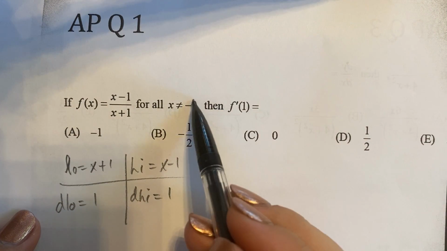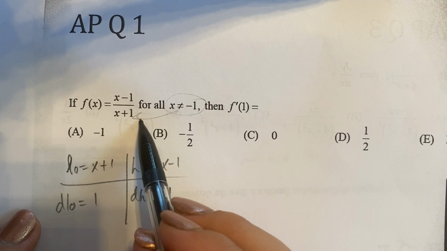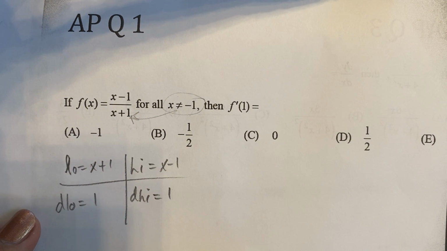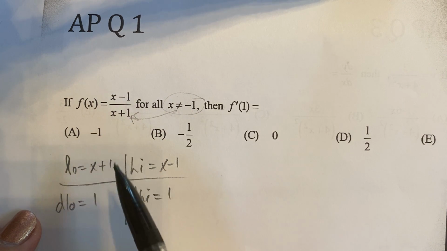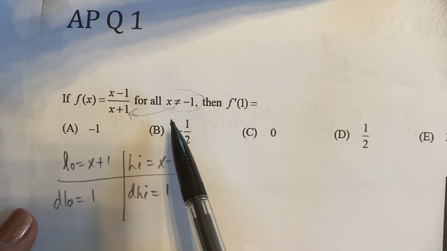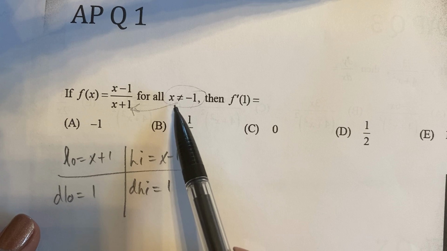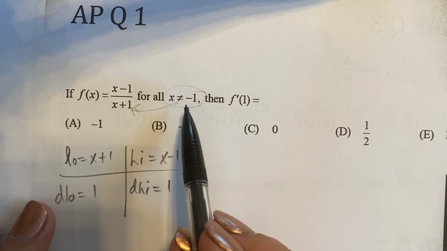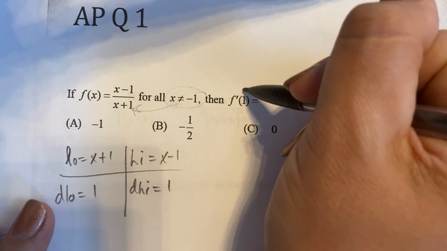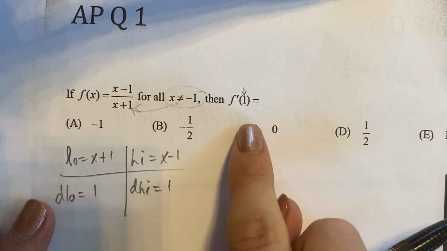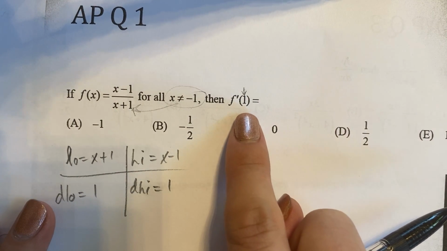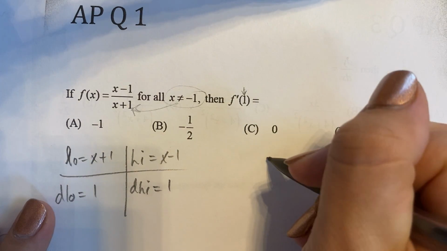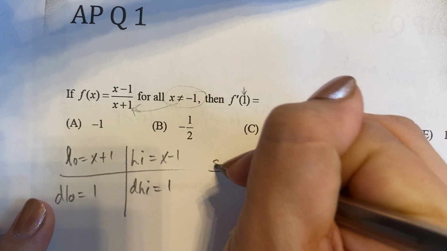All right. By the way, this is part of the domain. We know that the denominator can't equal 0 because there's a vertical asymptote there. This is where the denominator is 0. But you can just kind of ignore this. You need to say this as a mathematician to make this mathematically correct, but it doesn't impact how you do the problem. This is what you want to pay attention to. So I highly advise, whenever you substitute in, okay,